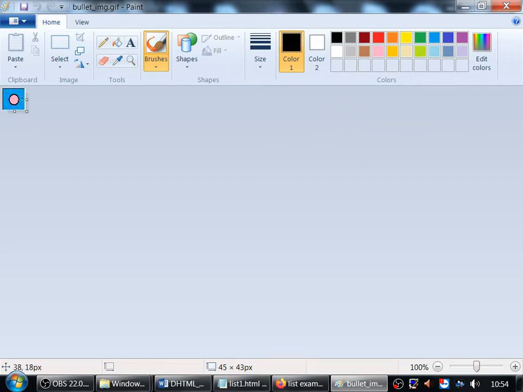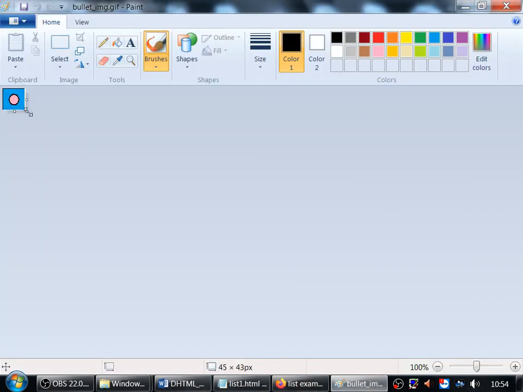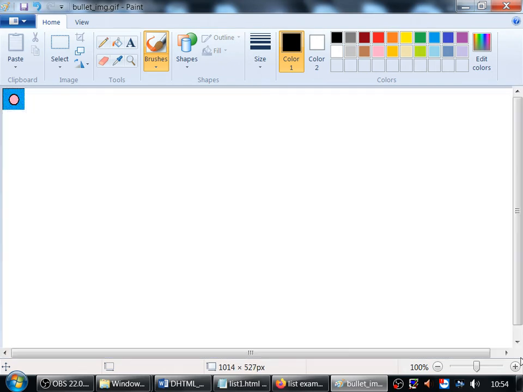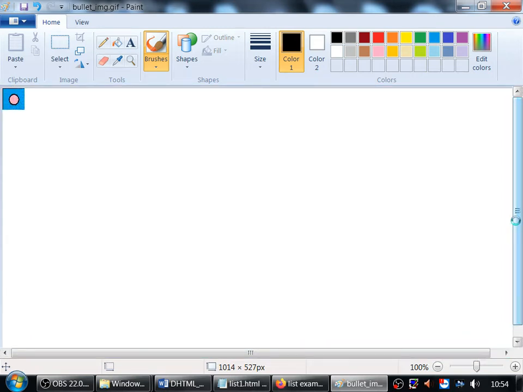My size of the bullet is this much, so the same size you will get on the web page. Normally we have the page size. This is my image size, but the Paint page size is this much. So without resizing the page, if I save it